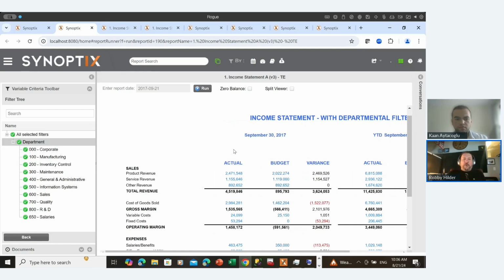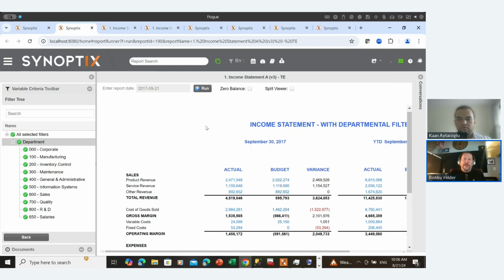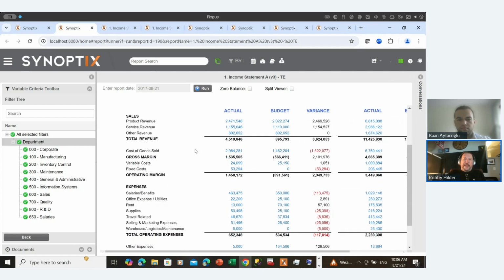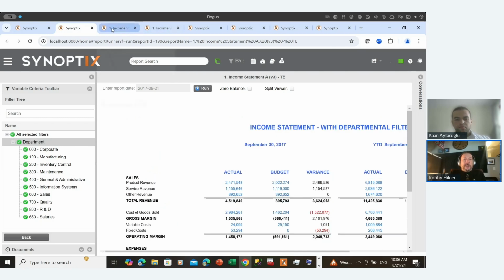Now, this is a direct connection to Visual. So if we were to add an account to Visual, etc., and rerun this report, these numbers will reflect that. So it is a real-time connection. However, there's nothing you can do in our software that's going to change or manipulate the data on the Visual side of things. We are simply running queries in the background and then returning those results. So let's now take a look